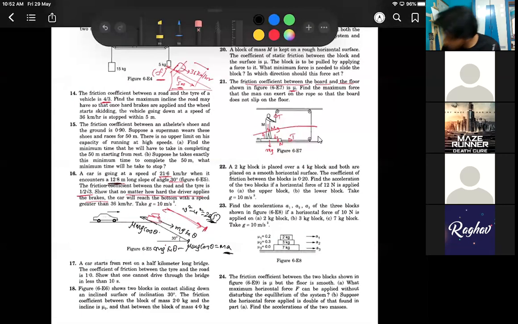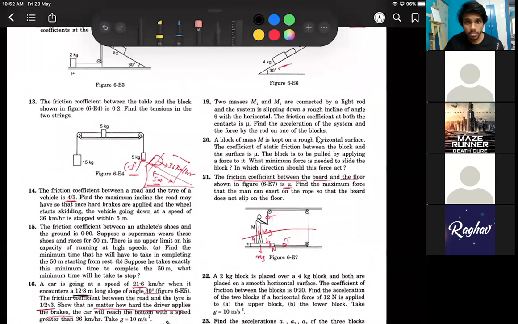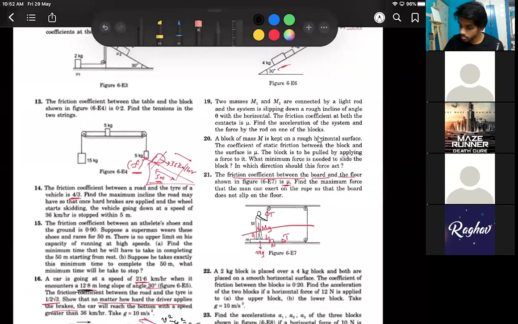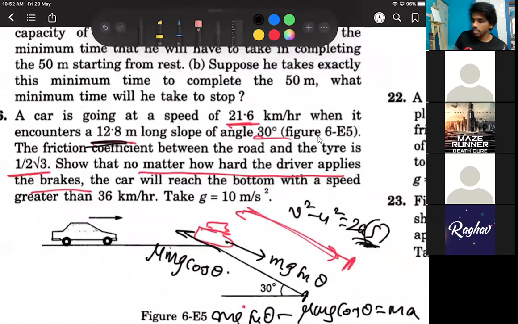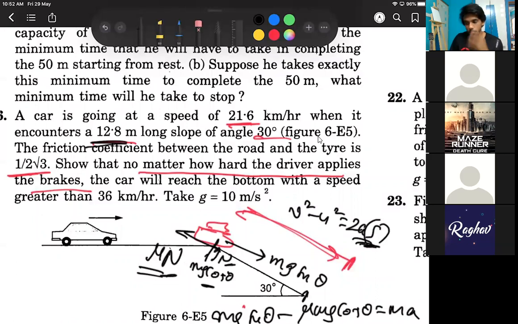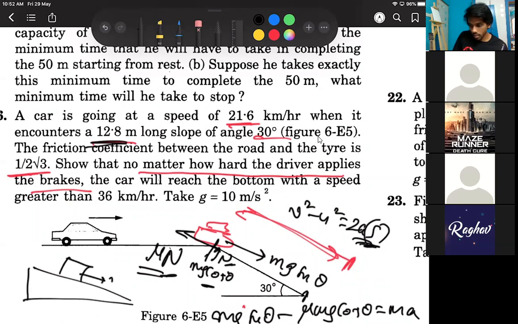Question number 17, 18. Yeah, someone has a doubt? So why mu mg cos theta? It is already sliding. Okay, let me clear it further then. It is already sliding, so the friction is mu N. What is the normal force in this case? Mg cos theta only, right? Normal force equal to mg cos theta on the inclined surface. Don't you remember? Aniket, you remember that, right? Yes, sir. So that is why mu mg cos theta. Mu N, and in the place of N, I put mg cos theta. That's it. Okay, sir. All right.